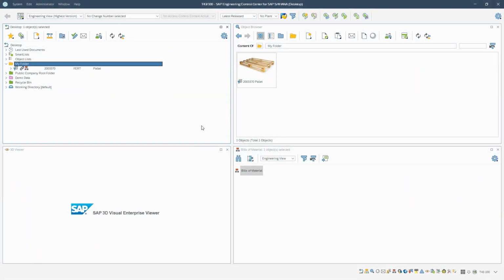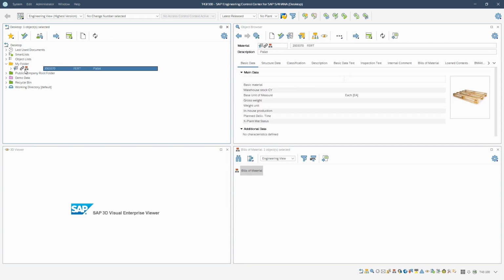I'm going to show you a little bit in the system how the artwork integration connects with the SAP CTR and how we could use that for packaging BOMs, or the packaging in general, of course. So I would like to start in my personal folder, and there I already have a material corresponding to the packaging BOM. And to get a better overview, I would like to view the whole BOM, and therefore we have